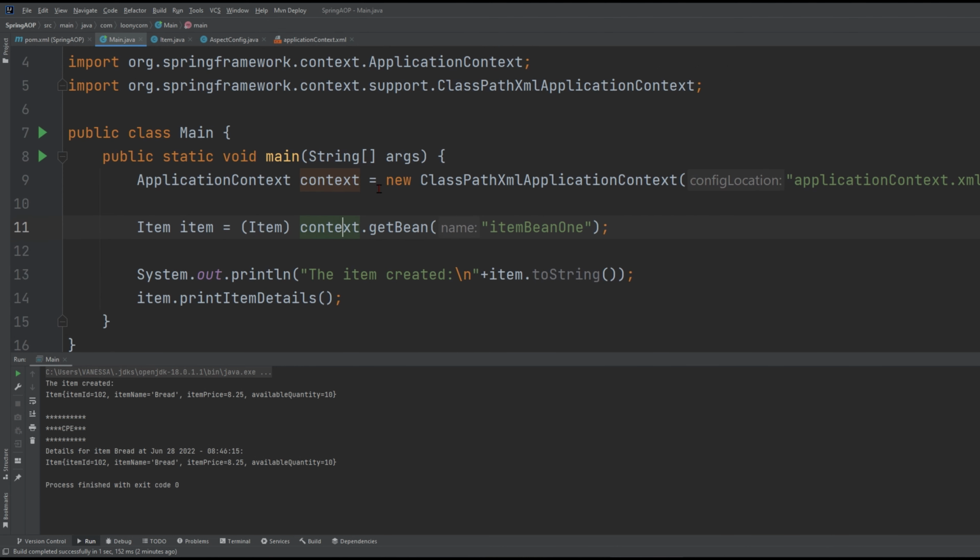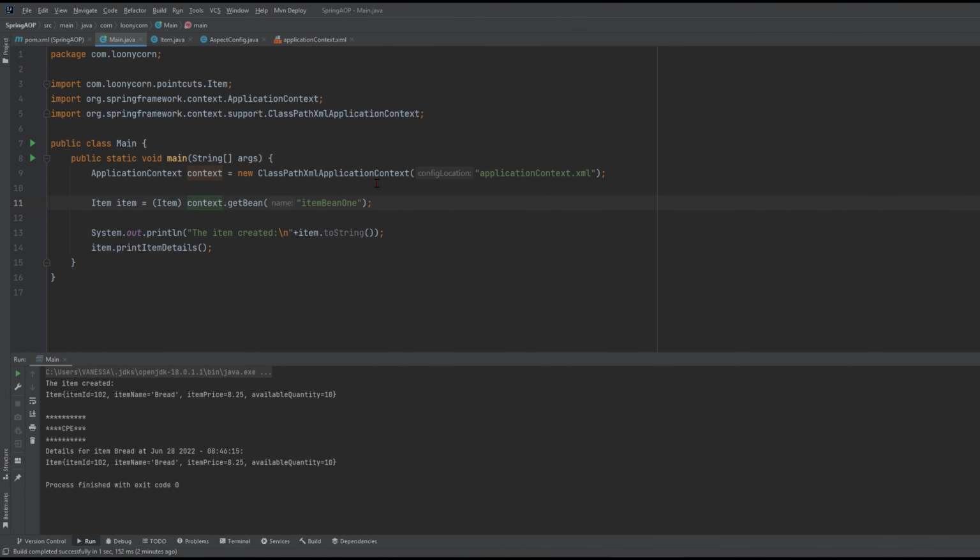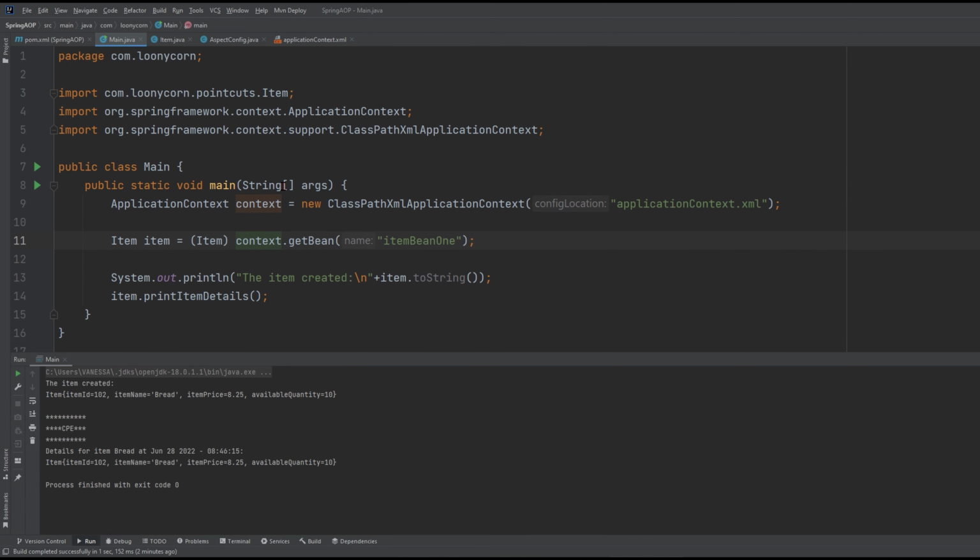We're going to be looking at running aspect-oriented programs. And for this, we can look to our following code right here. We're in the main class. In the previous video, we went over how to set all of this up, and that's in the playlist link